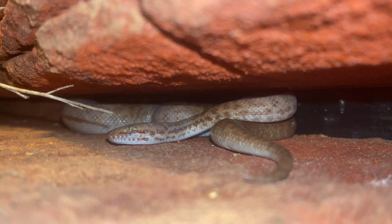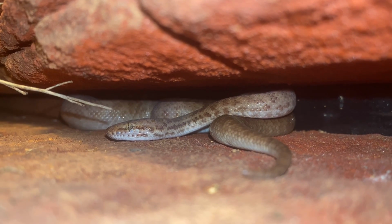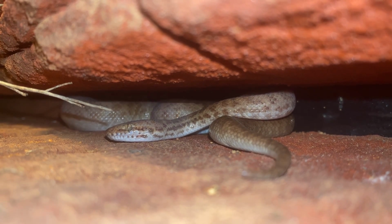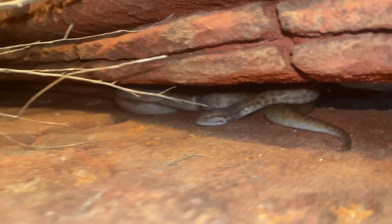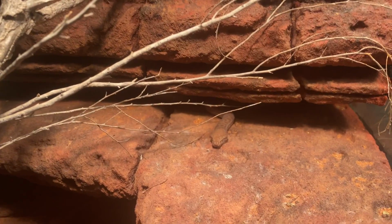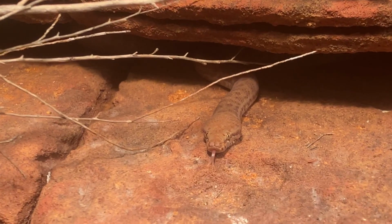Well, after 4 months, I imagine it feels pretty good to have a feed. And I reckon she's just going to hang out in this little crevice here where she feels nice and safe and where it's quite warm because it's actually right near where the heat source is. 12 seconds later. And in typical form, she's actually inching her way out ever so slowly,